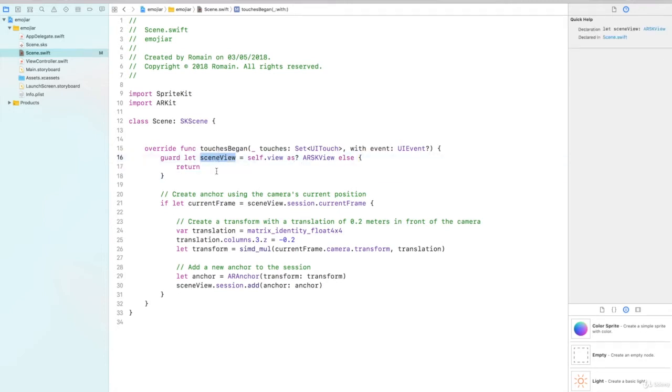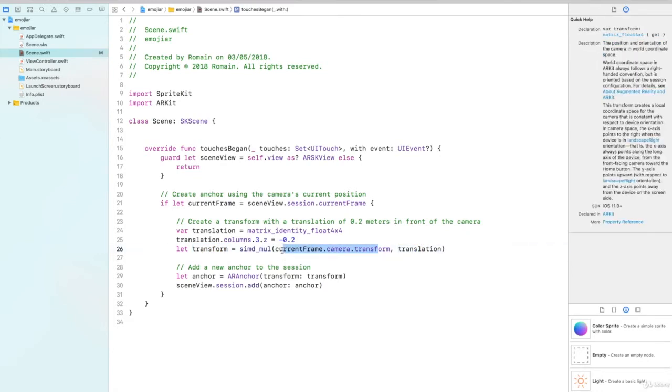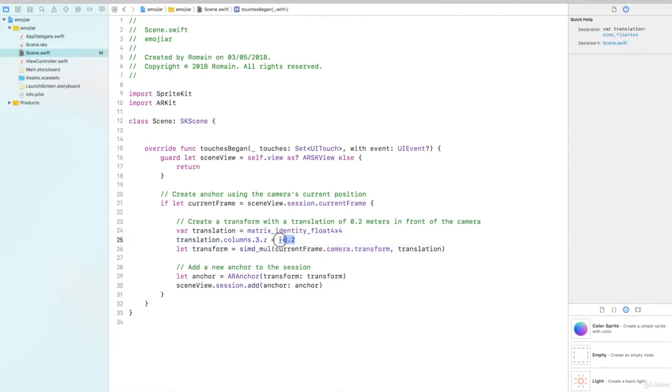So when we have the scene view, we are getting the current frame from the scene view, and that enables us to do a matrix multiplication here. So we get a transform made of the current camera's transform, which is position plus angle, and a translation. The translation is here. What they do in here is basically just say we want to be 20 centimeters in front of the camera, and that's why we do here a SIMD multiplication,